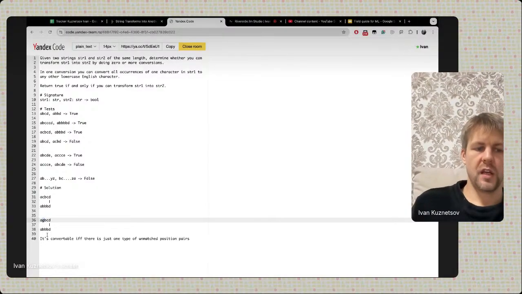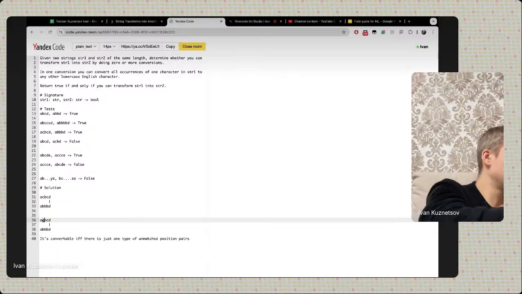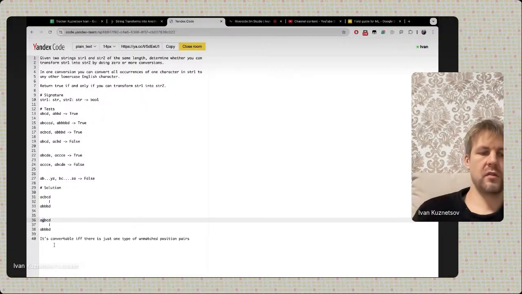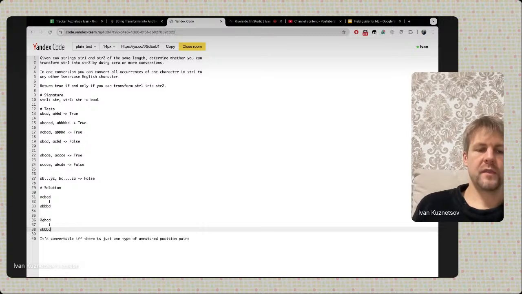So here we can always map to some other character, like let's say we can map G to F. There is no F here, right? So we first map to F, and since this character doesn't exist in the string, we safely map it to F and then back to whatever character we need. And we can do it one by one with all of the characters. So if we